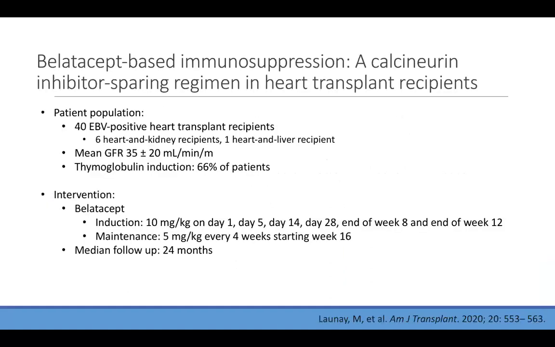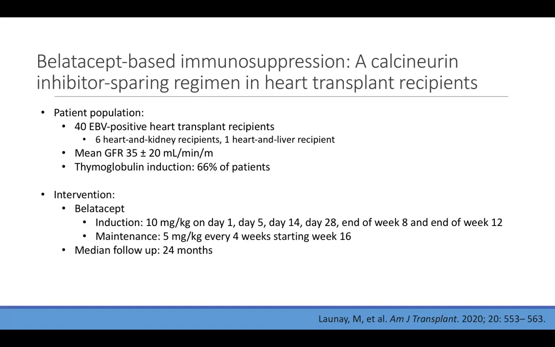So there was a study in 2020 that looked at belatacept-based immunosuppression, more used as a calcineurin inhibitor sparing regimen in heart transplant recipients. There were about 40 EBV positive heart transplant recipients. 6 of them were dual organs, which are heart and kidney, and 1 was a heart liver. The mean GFR was about 35, and thymoglobulin was used as an induction in 66% of these